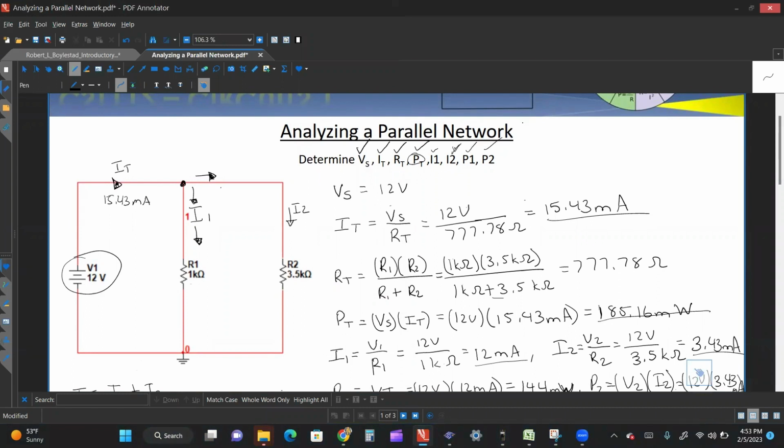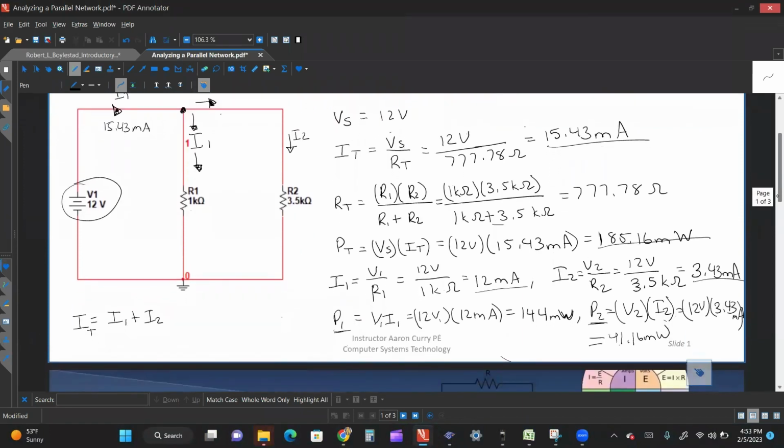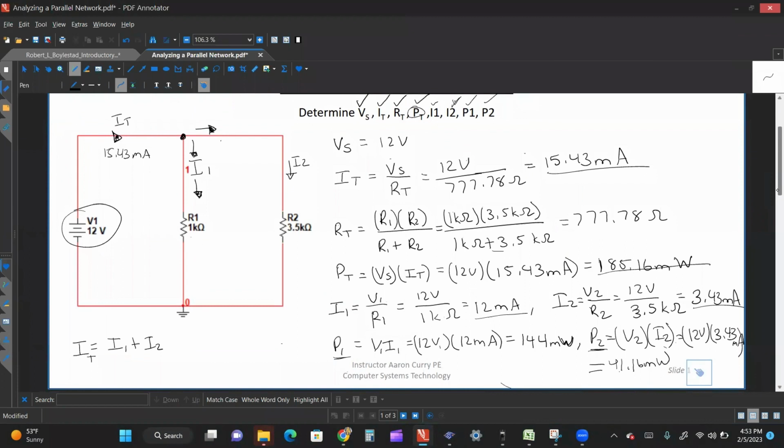And so these are different tools that you need to have in your toolbox in order to solve a circuit like this. Because not always are you going to have all the values. I mean, this one was easy because I gave you everything that you need to